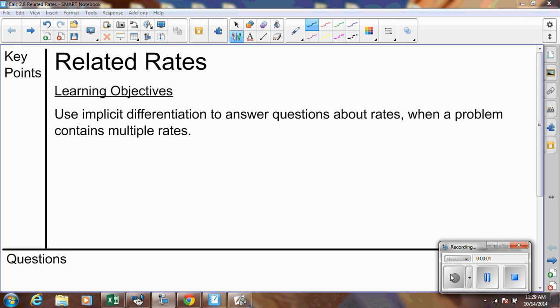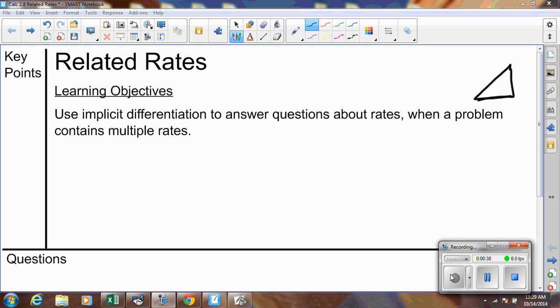In this video, we are going to discuss related rates. Related rates come from problems when you'll have multiple variables, such as the Pythagorean theorem. We have three variables: leg, leg, and hypotenuse. Well, if you have a right triangle that's changing in size, all three of them are changing at the same time. There are rates for the bottom leg, rates for the other leg, and a rate for the size change in